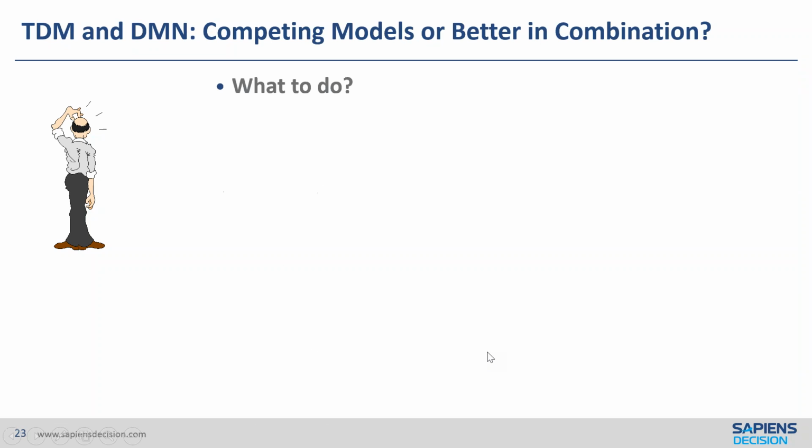So here's the big question: what to do? We have competing models. We have one that's rigorous and has been around a long time. We have one that's more general and has not been around a long time. The best of both worlds, in my opinion, is to leverage both. You can't really leverage both right at this moment. So